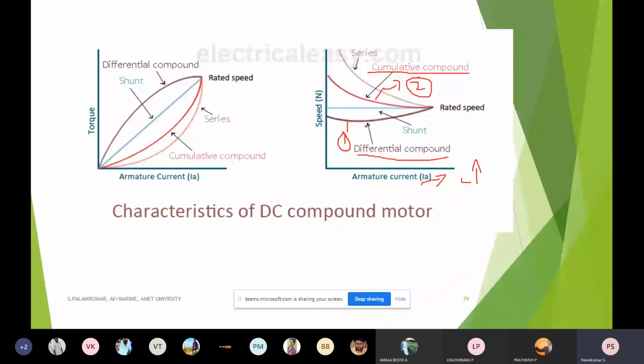Because I need a very high torque at starting, that is possible with the series motor, the DC series motor. Whereas the shunt motor is almost a constant torque one, so I cannot get a very high starting torque or a big variation in torque. So the DC series motor alone is preferred for either an electric vehicle or a hybrid electric vehicle configuration. So this is as a basic motor.